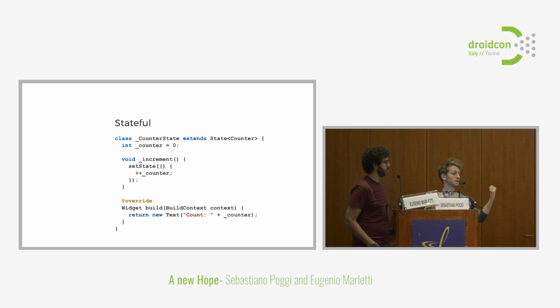Keep in mind, this is not for business logic, obviously. This is for presentation logic. So the kind of state that you would hold is still presentation state. And then again, every time you change the state, you call setState, passing it a function to update the state, which will be called on the right thread, etc. And then the build function will be called again, essentially. And basically, the system goes again to check if any state has actually changed and only updates the widget whose state has changed. And it does it in a smart way.